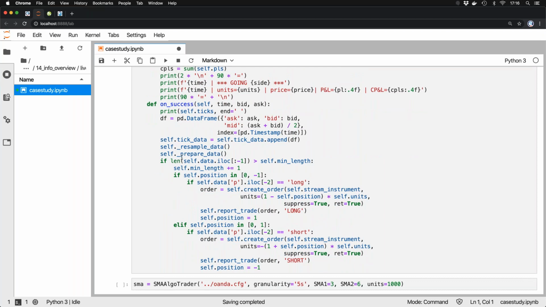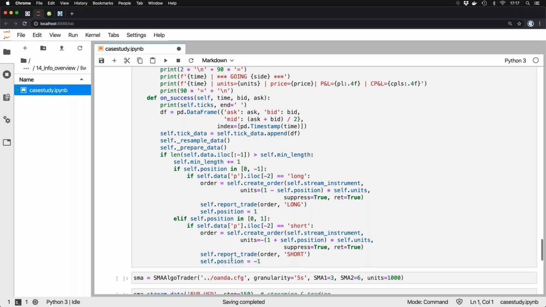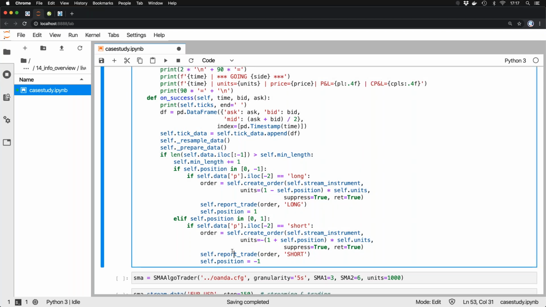And I can have 2 signals, a long signal or a short signal for this little strategy. When I'm neutral or short, I check for a long signal. When I'm neutral or long, I check for a short signal. And depending on which signal is relevant, or which constellation, it places a trade or it doesn't place a trade at all. I mean, it can stay in a position for sure. It executes a trade, creates an order, reports the trade, and changes the position accordingly. So this is just to show you, not to teach you the details in that sense.